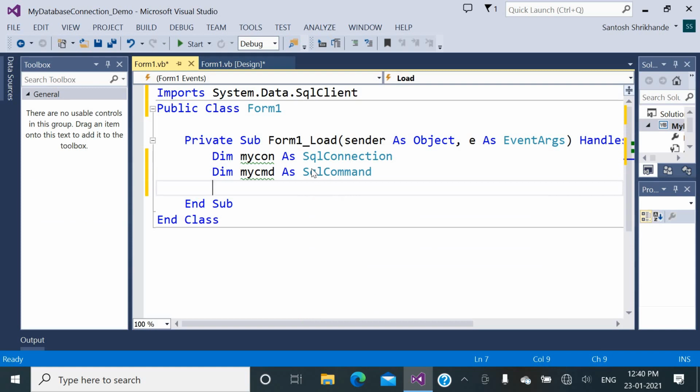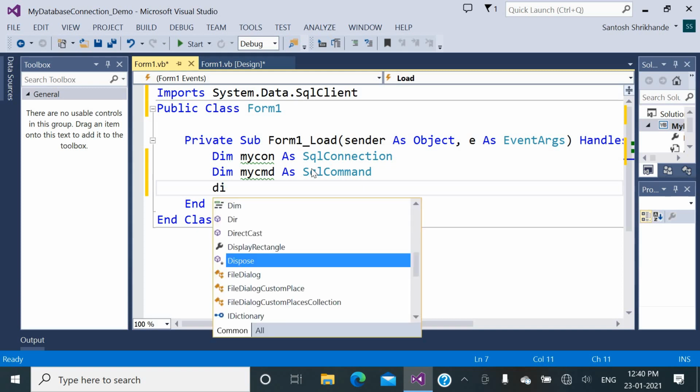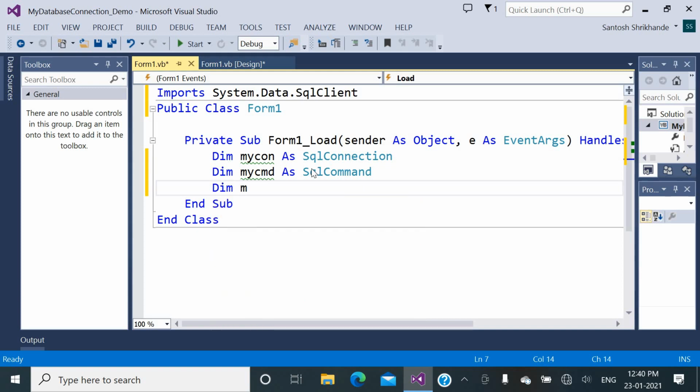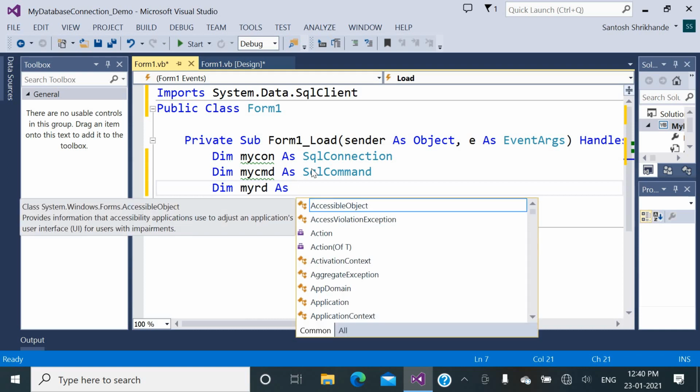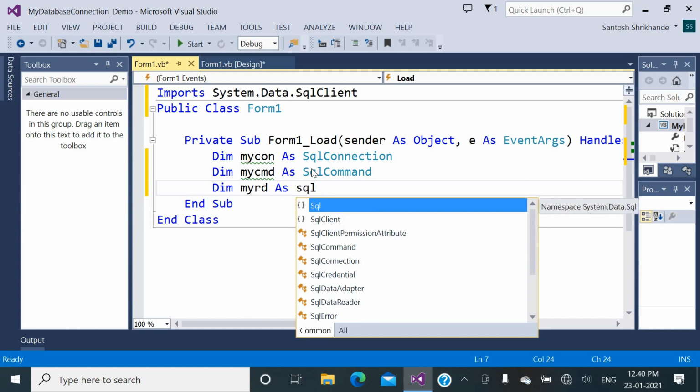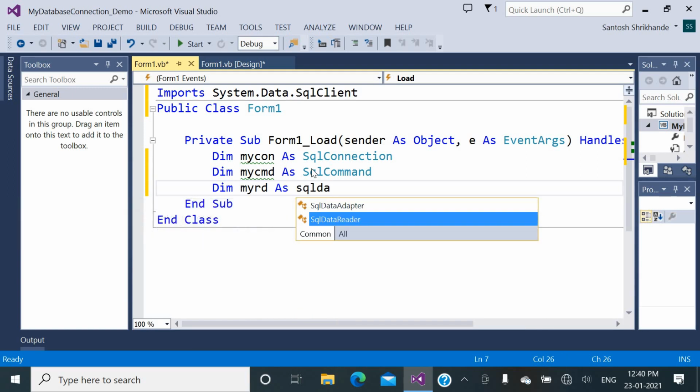Then for reading the records from the Microsoft SQL Server database, we need one data reader, so for that purpose we are creating myreader As SqlDataReader.